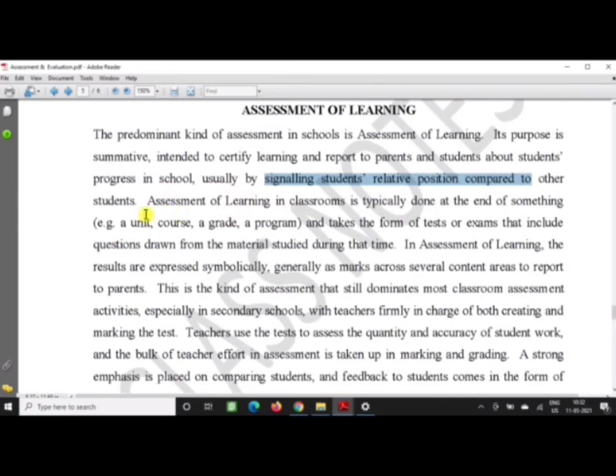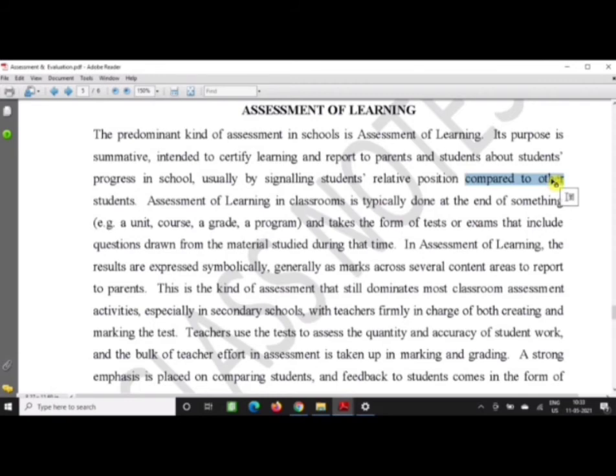Usually it signals the student's relative position compared to other students. Again, it will talk about the student's position, and it will compare to other students. One student's position can be explained only when you compare his or her position with someone else. If the child has scored 98% and is the topper, why is he the topper?